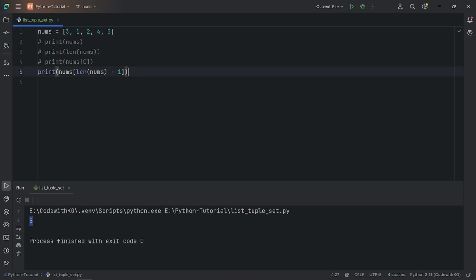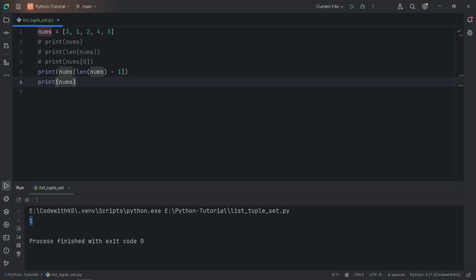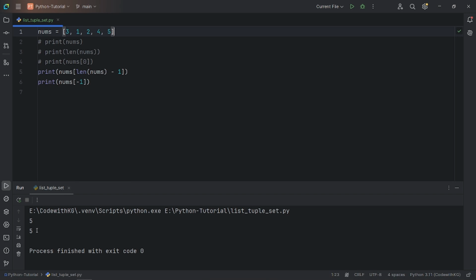So यहाँ पर जो है हम last element को something like this भी print कर सकते हैं, that means -1. So Python में क्या है, हमारा जो negative indexing है ये भी support करता है, that means -1 means last element of the list. It doesn't matter आपका लिस्ट कितना बड़ा है और कितना छोटा है,